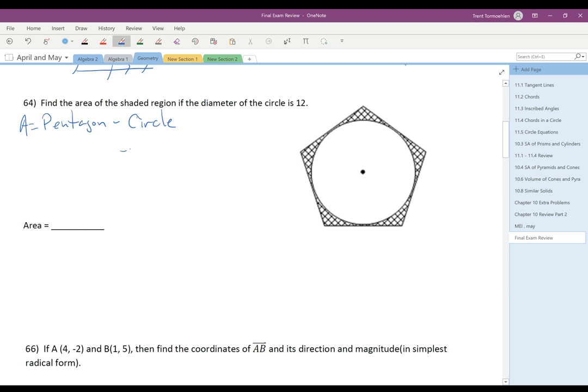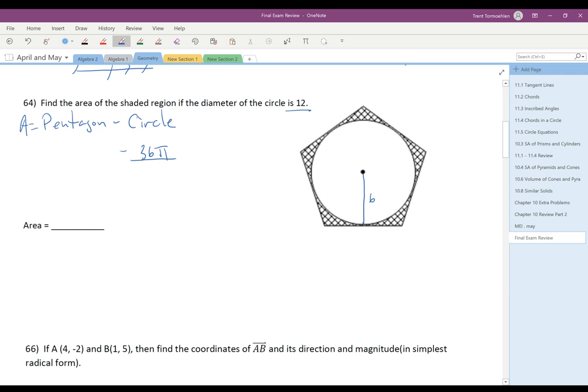Now, the good thing is the area of the circle is going to be easy to calculate because we know the diameter is 12. So that means the radius is 6. And so that means this is just going to be 36 pi. And so now we have to remember, how do we calculate the area of a pentagon? And the way we did that